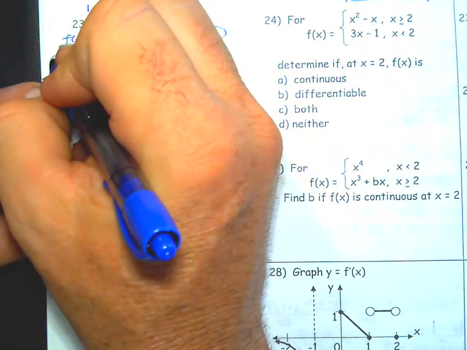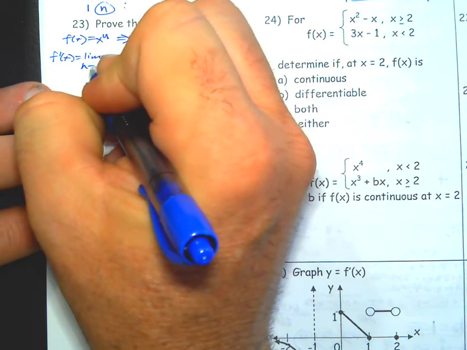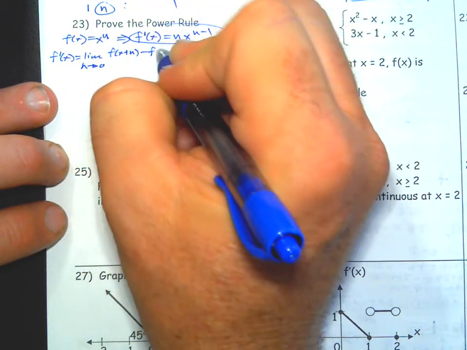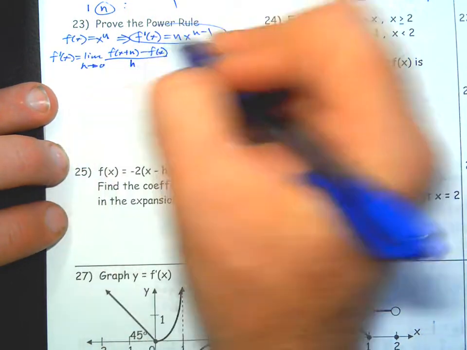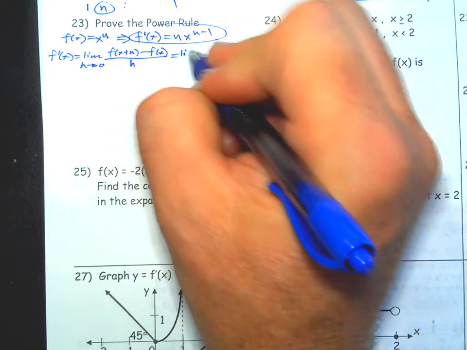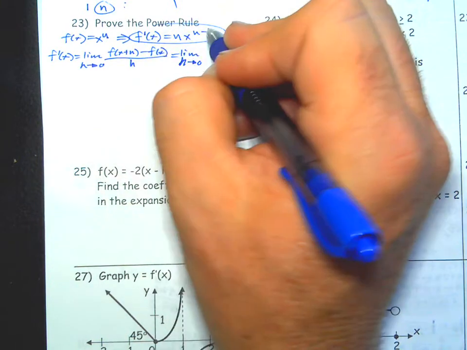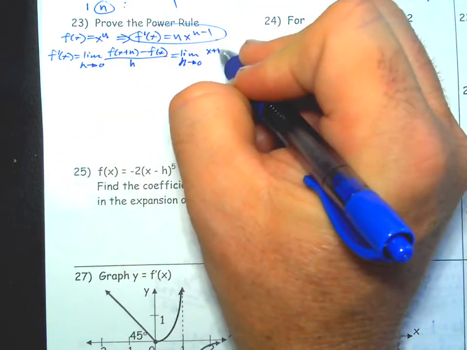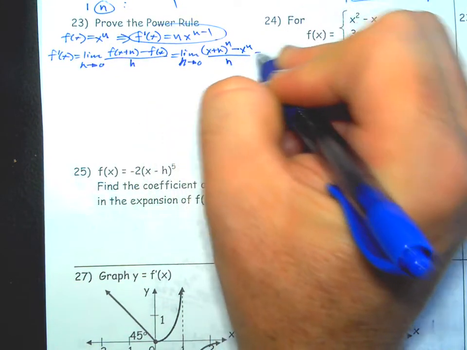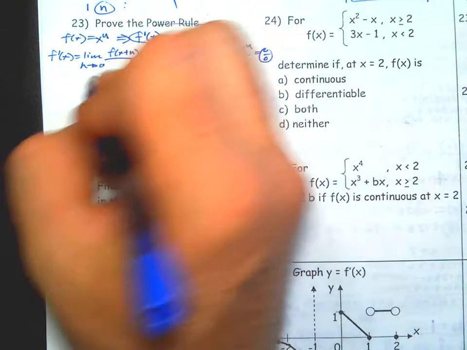So we're going to use the definition of the derivative, limit as h goes to 0 of f of x plus h minus f of x over h, or one of the other versions. I just personally would go with this more common one. So we're going to plug x plus h into our original function: x plus h to the nth power minus x to the nth power over h. This does give you 0 over 0 if you plug it in, so we're going to try and factor the h out. So we're going to use Pascal's triangle